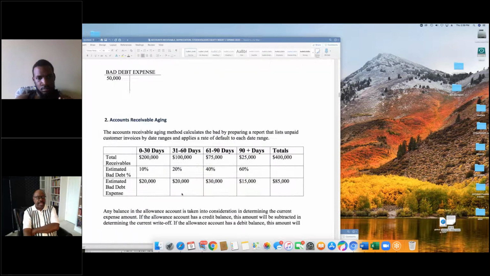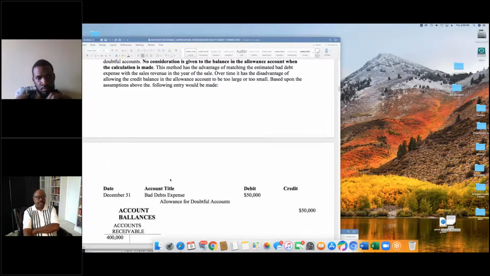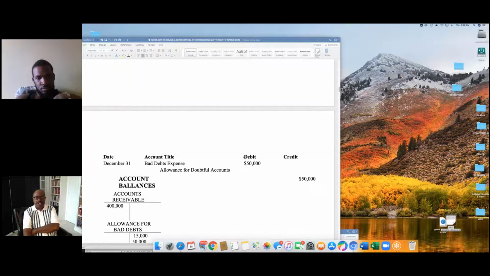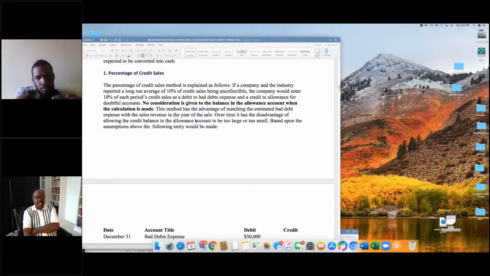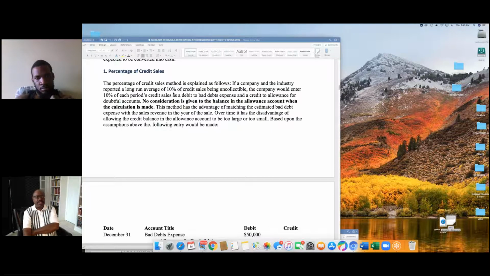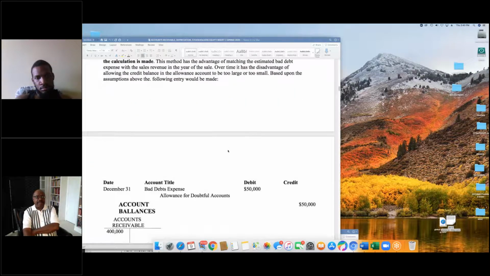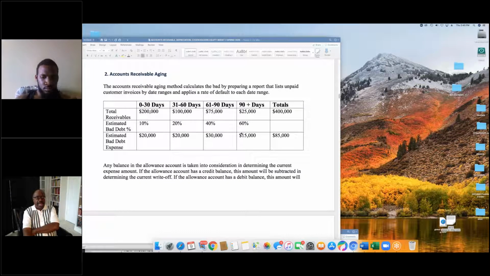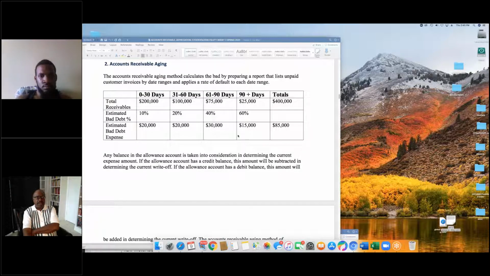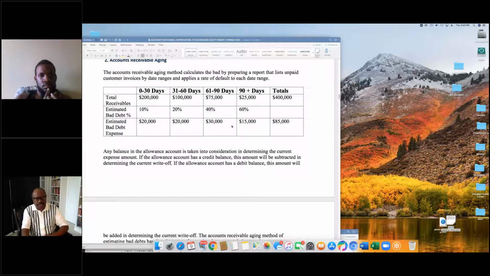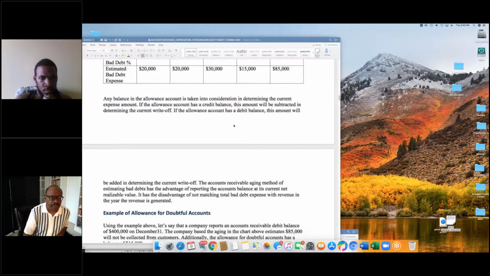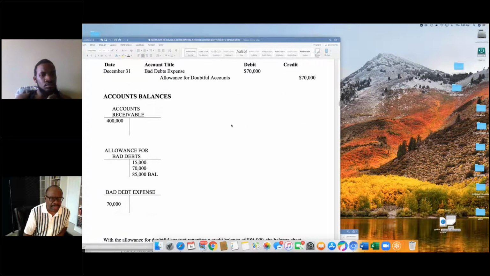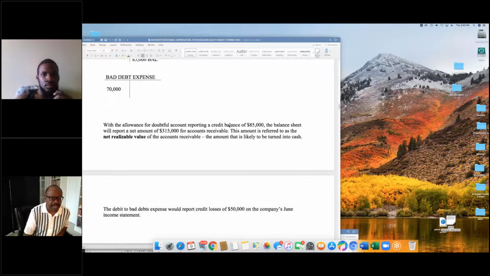So the difference is that on the percentage of sales, we are not concerned with how much is in the account. We just take that percentage of the sales. Sometimes this matches better, but if this percentage is not where it needs to be, then we may not have enough in the account. The allowance method allows us to come up with a more realistic picture of how much in the accounts is bad. As I told you, this is not the hardest of information to work with.